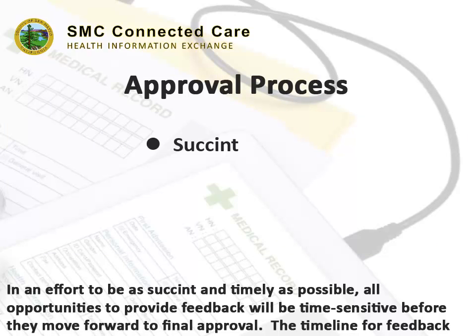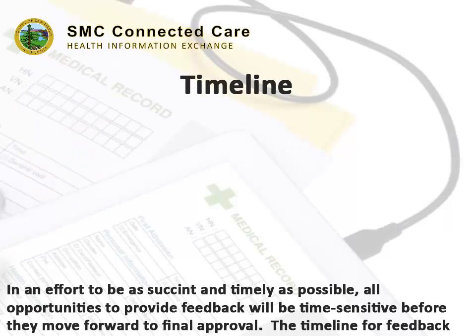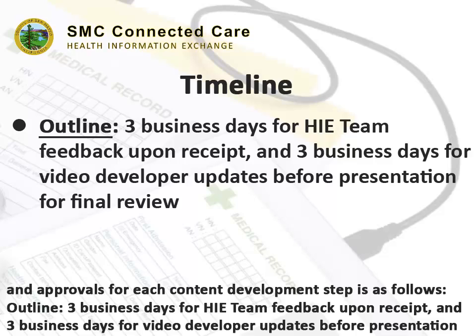In an effort to be as succinct and timely as possible, all opportunities to provide feedback will be time-sensitive before they move forward to final approval. The timeline for feedback and approvals for each content development step is as follows. Outline: 3 business days for HIE team feedback upon receipt, and 3 business days for video developer updates before presentation